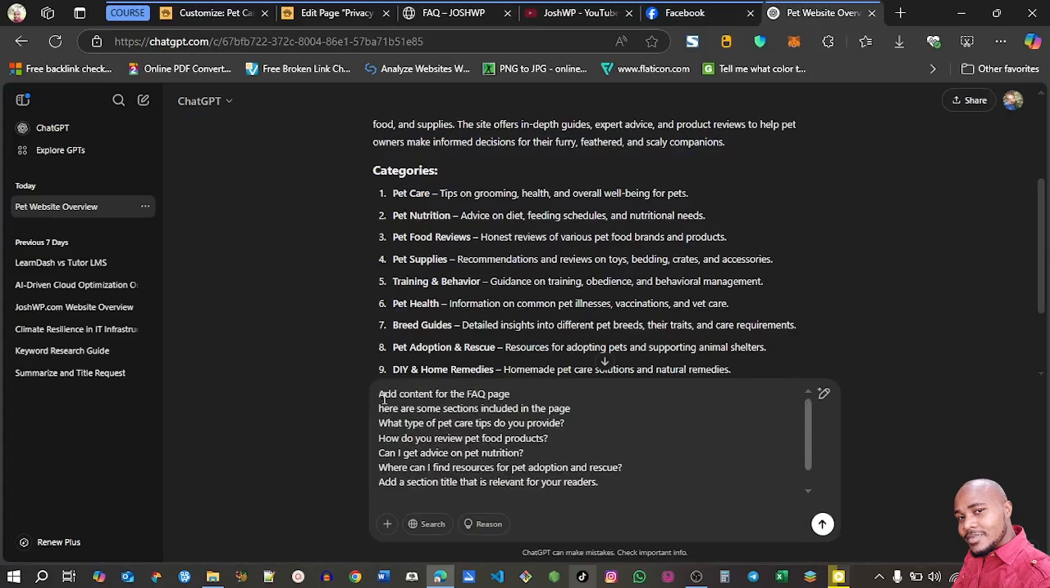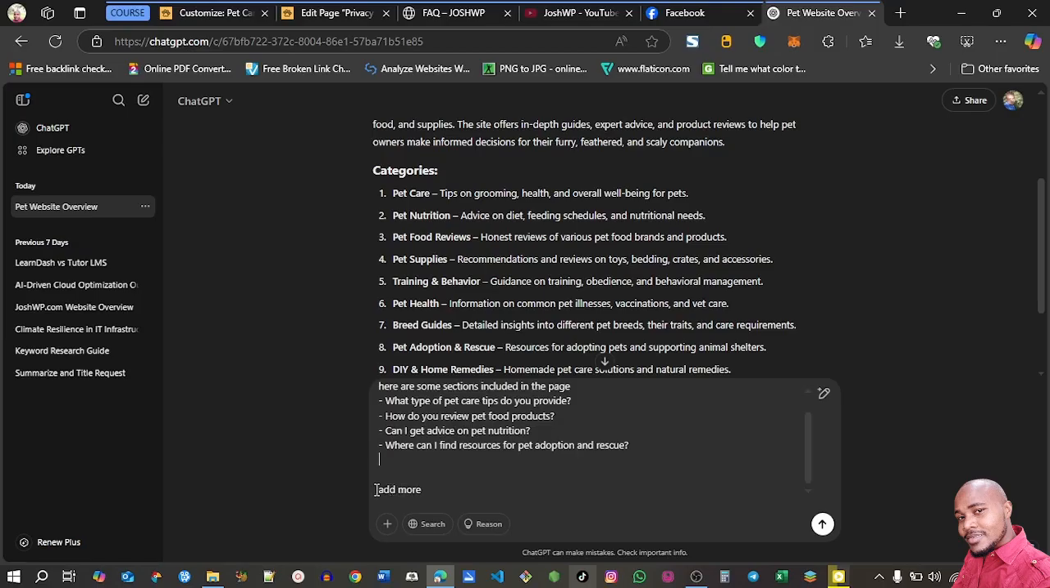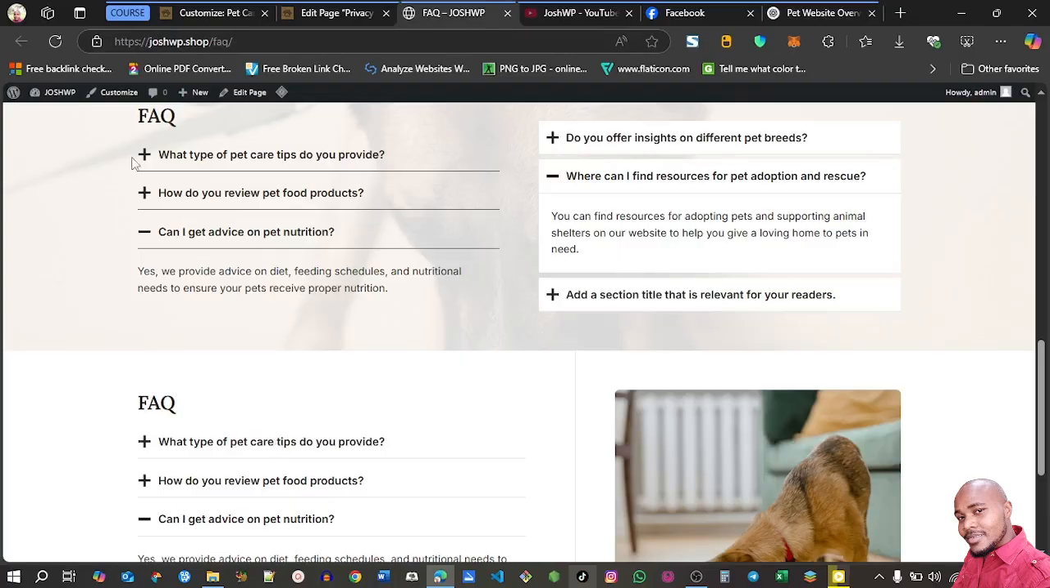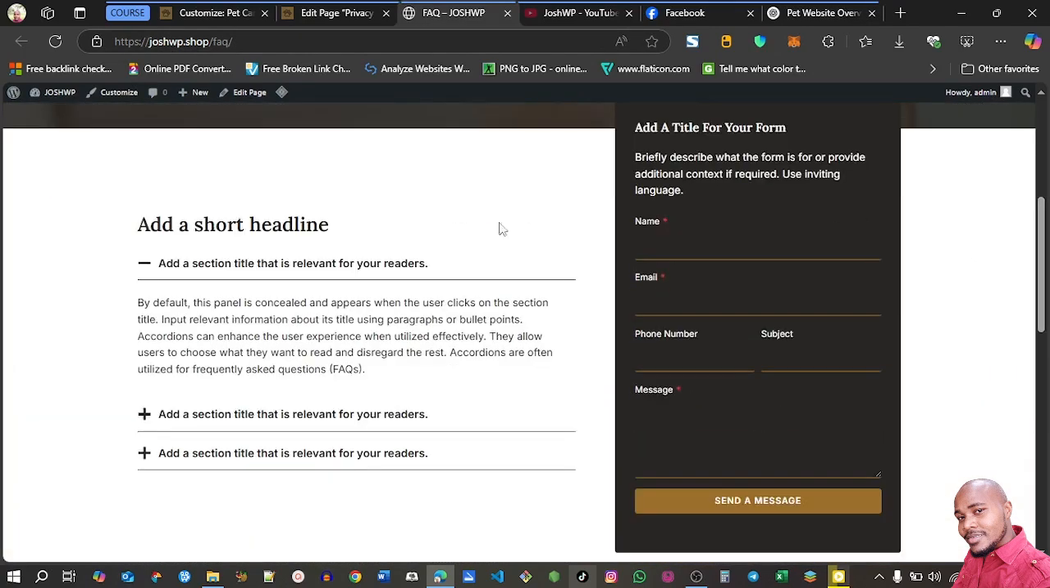So the prompt is simple: add content for the FAQ page. Here are some of the sections included in the page. And then I went ahead and told it to add more sections, and then click search. And as you can see, ChatGPT went ahead and created content for those sections. However, these sections already have content. This one is a repetition, so we'll update this one, delete this section, and then also maybe update some content